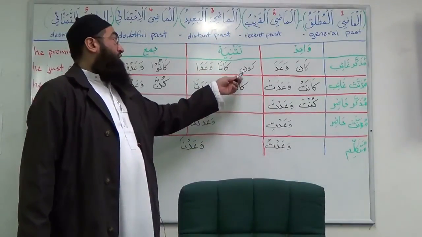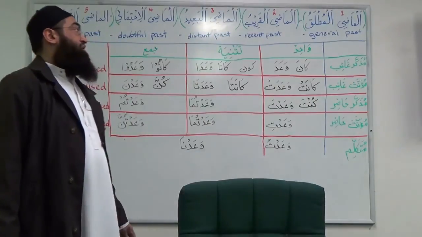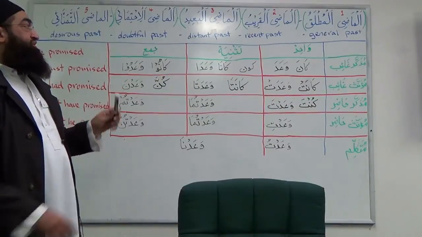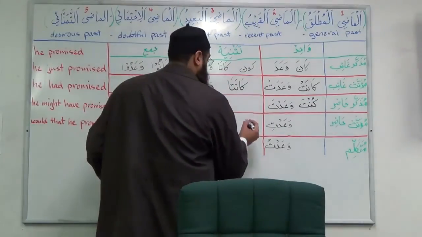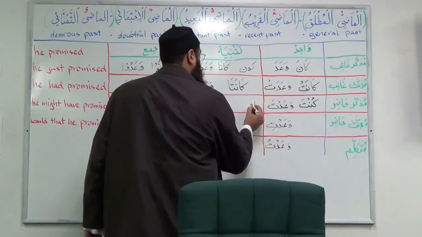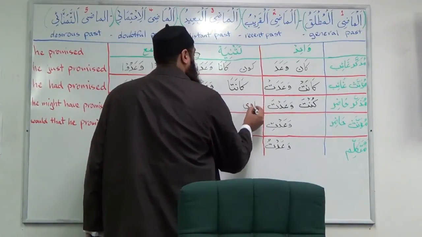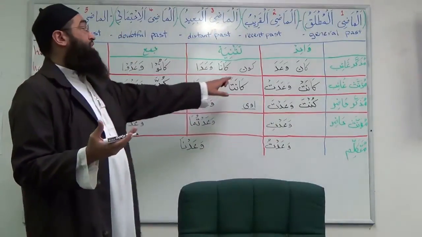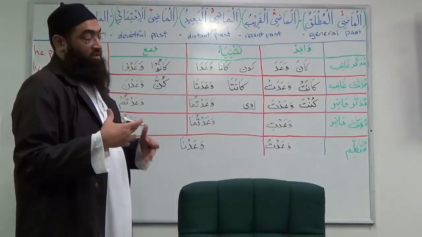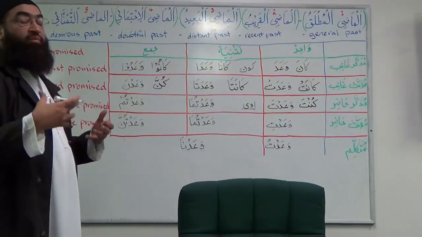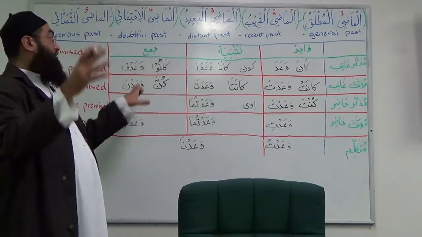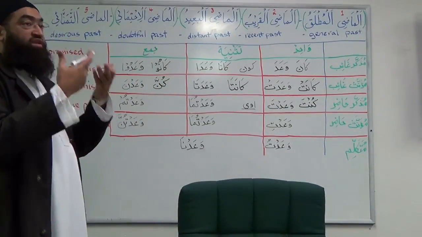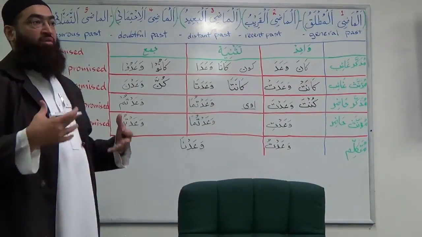So you will learn later on that whenever in a verb there is one of these three letters, an alif, a waw, or a ya, these three letters are also the letters of the vowels, and when they come in a verb, the verb becomes a little bit hard to pronounce in all its forms. So you have to change it around a little bit to make it easier on the tongue. And that's the thing about Arabic.